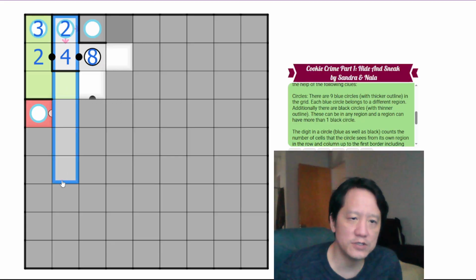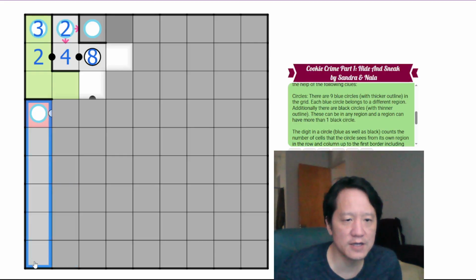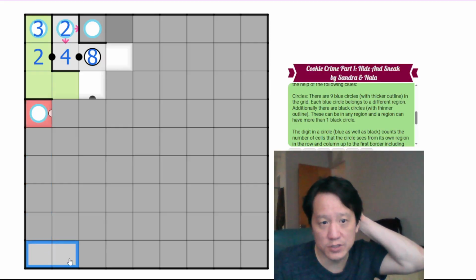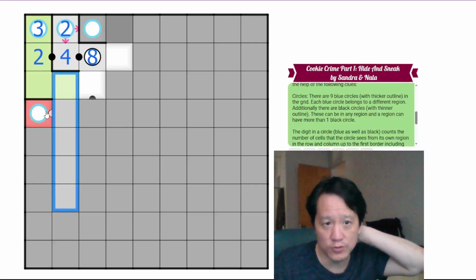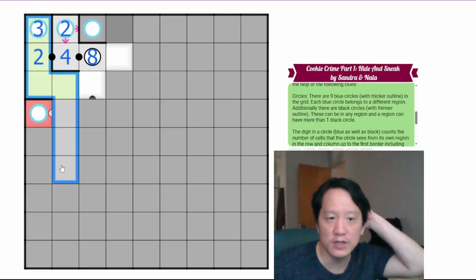Because this only sees two boundaries here, we must see all green and then we must see red. Because of that, this has to be the same region because you can only see green and red here, right? If you don't see red here, the problem is red has to go out here somewhere. So that means green is all these cells,